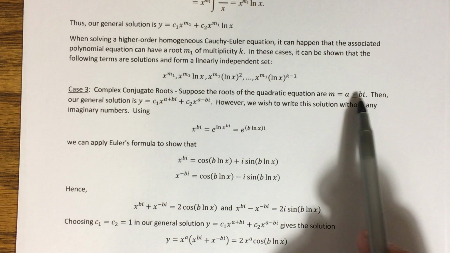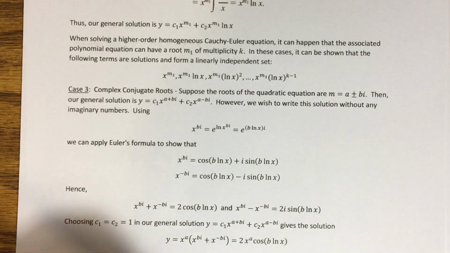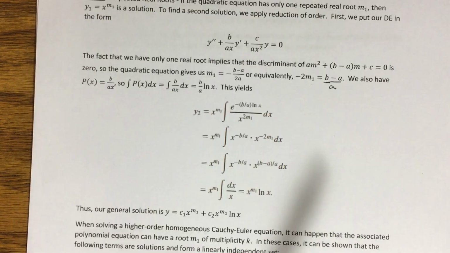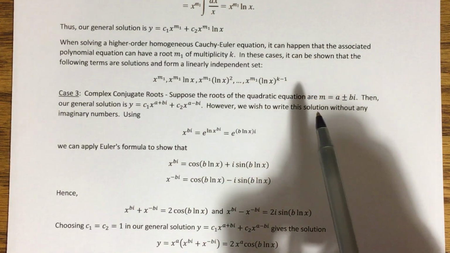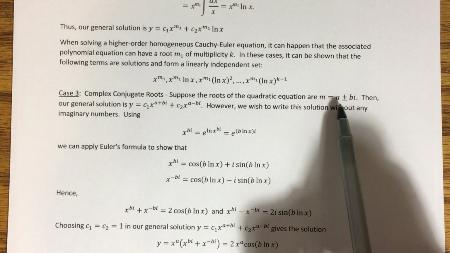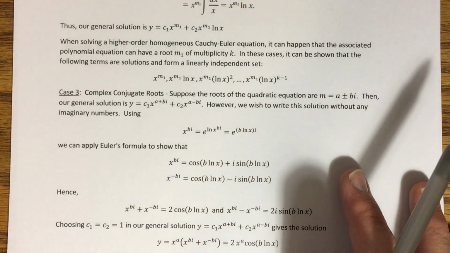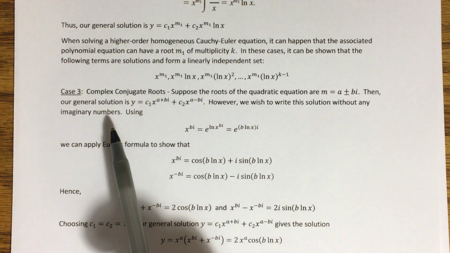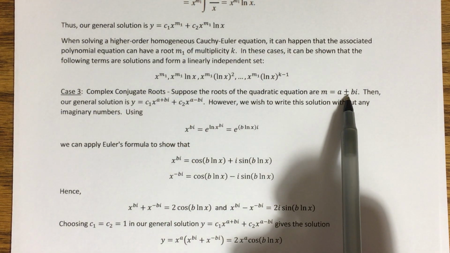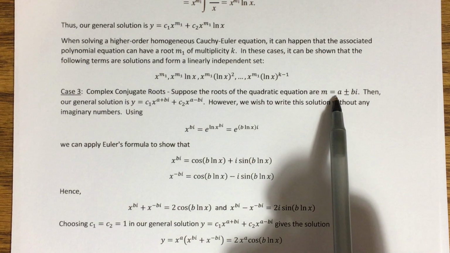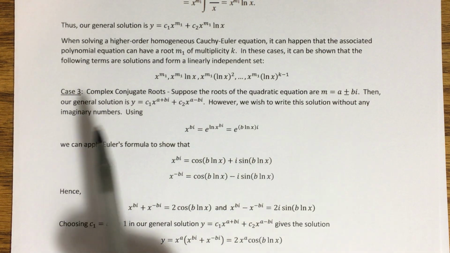It might actually be a bad idea that I used a and b here, since I already used a and b in my quadratic equation up here. I think your book uses alpha and beta, so that's kind of my bad. But just keep in mind that the a and b here are not the same a and b that are showing up there, okay? If these two complex conjugate roots of our quadratic equation turn up, then